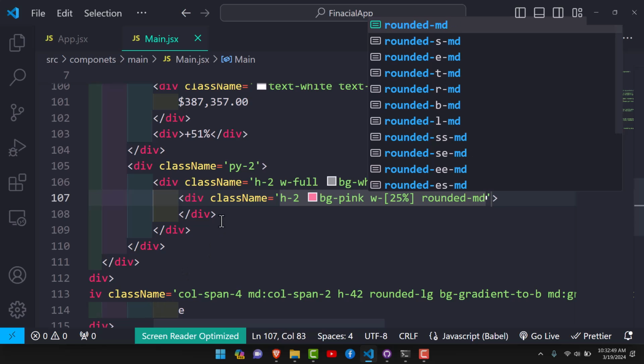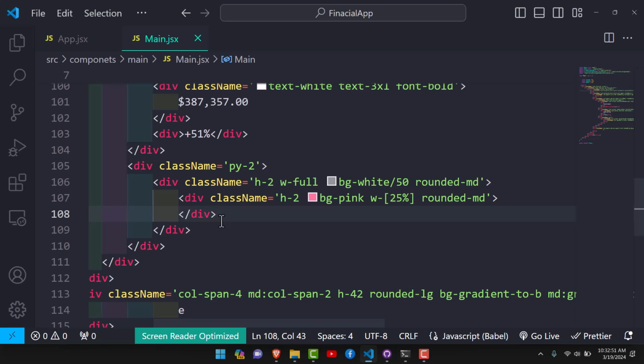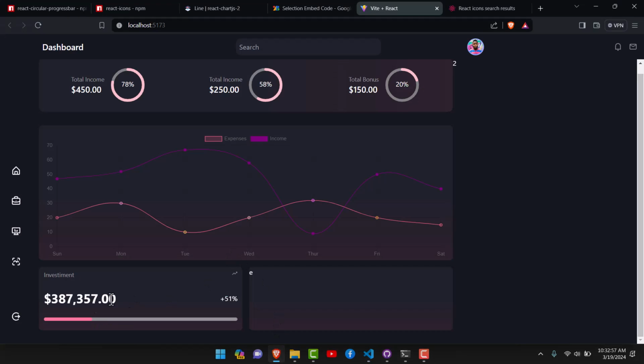So basically by just doing that, you have yourself a very nice progress bar. So let's see that, and there you go. So this is the middle container and this is the outer container,